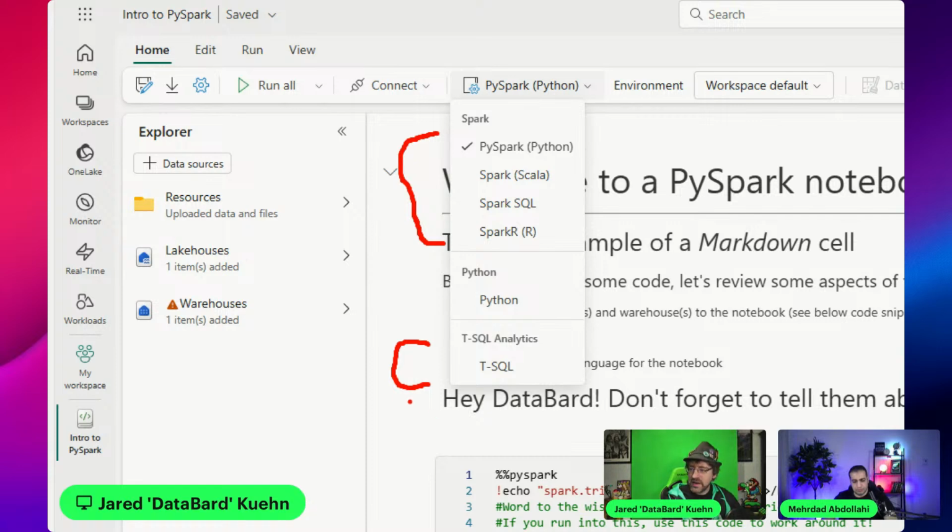T-SQL exclusively works with warehouses. Python is able to work with both. So we're focused on PySpark today, but I at least want to call this out in case you're wanting to work with lakehouses or warehouses. Depending on which one you want to pick, check the UI on what experience you expect to get when connecting to those sources. That might impact which particular language you want to use.